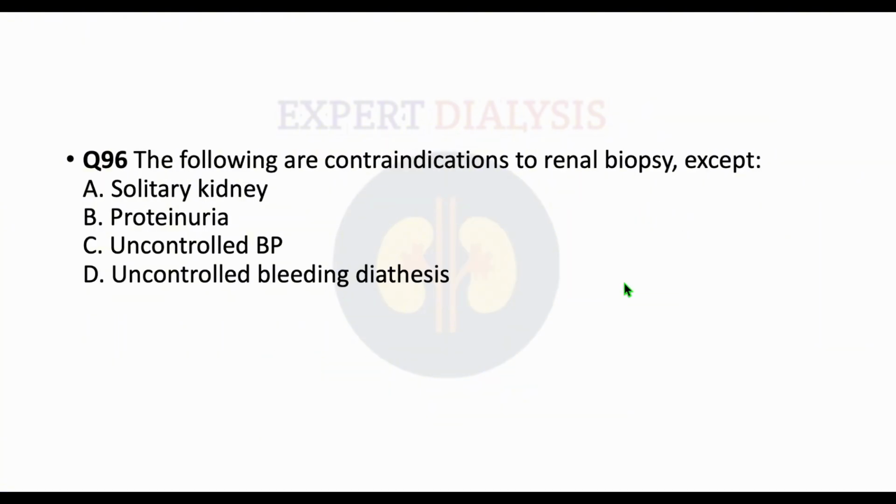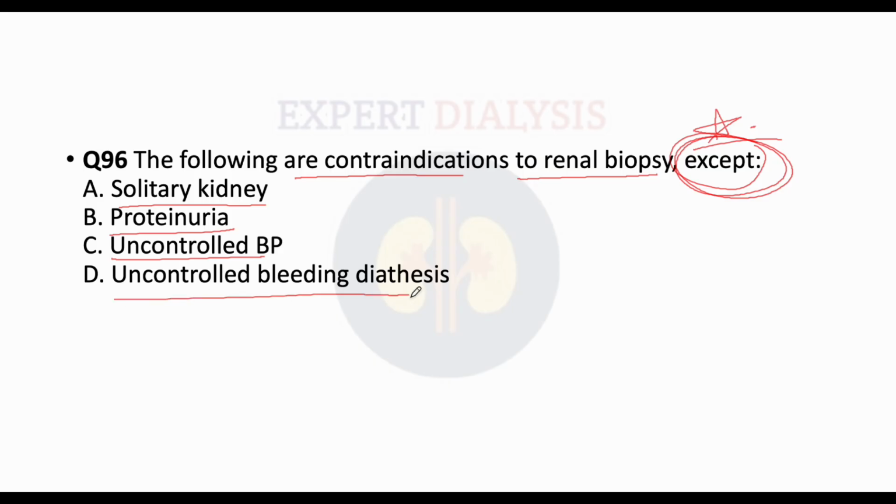Moving ahead to the sixth question, it says the following are contraindications to renal biopsy. Let's read the question again. It says the following are the contraindications to renal biopsy except. So this is very important here, except. We have four options. First option is solitary kidney, option B is proteinuria, option C is uncontrolled BP, and option D is uncontrolled bleeding